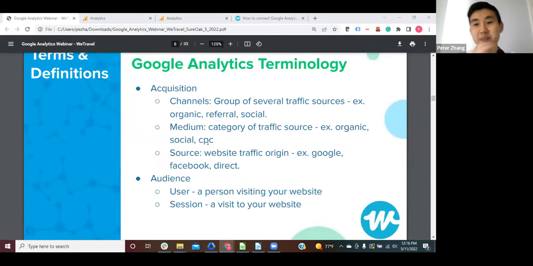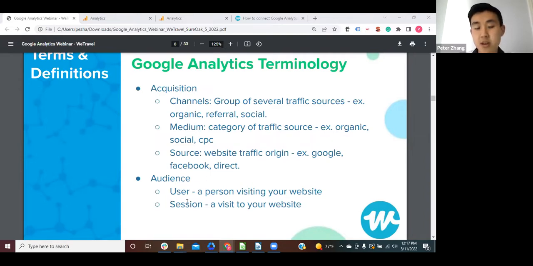So it could be a paid channel but a cost per click medium, or it could be paid and go into a social advertisement and so forth. And the source is the most specific type that will actually list out by name, google.com or other types of search engines to help you identify that. So this is all pretty important to understand where your traffic's coming from.